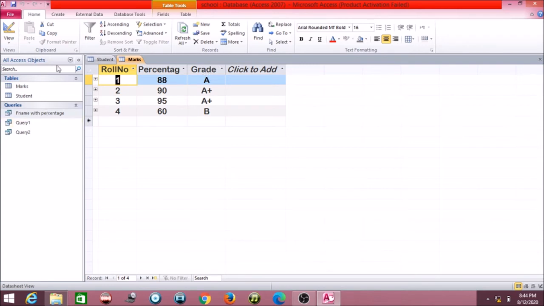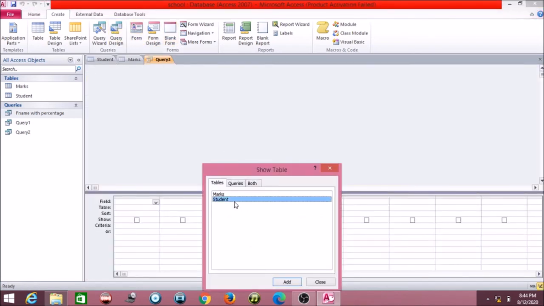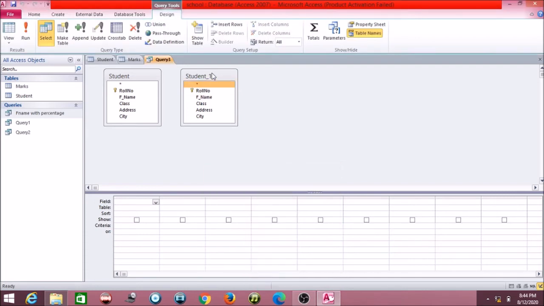So in this query 1, we are just doing that query 1 again. So just go to query design, select the table, student table I am selecting. This query, this is also given on page number 53. Just check that page number 53. Okay, I have to remove this table again because it's appeared 2 times. One only I need. Okay, select the fields, roll number, first name, and then class.